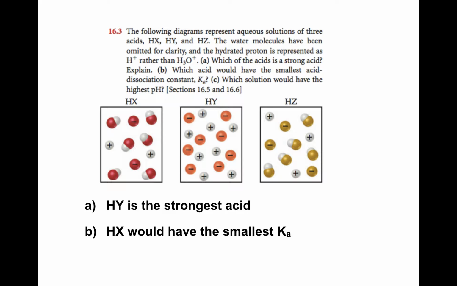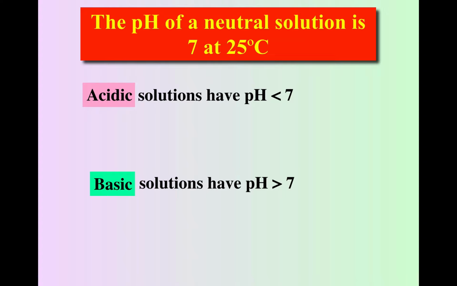Which solution has the highest pH? All right, so high pH means low H plus concentration, so again, it's HX. pH is